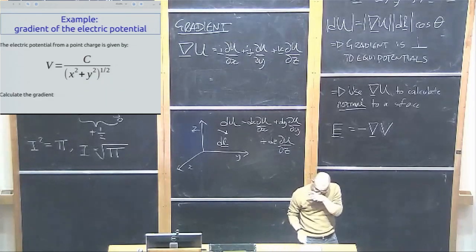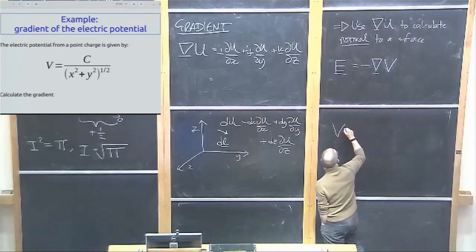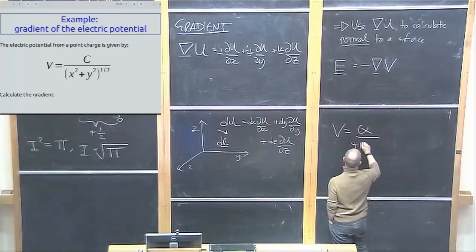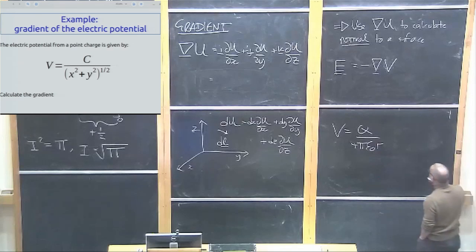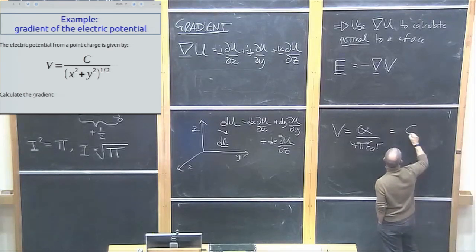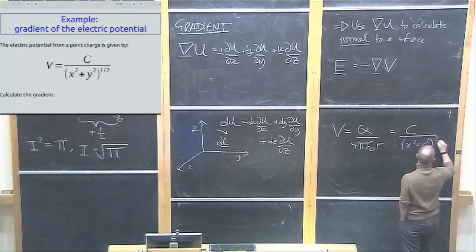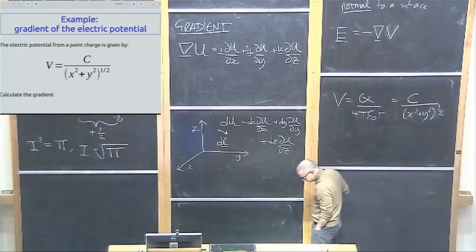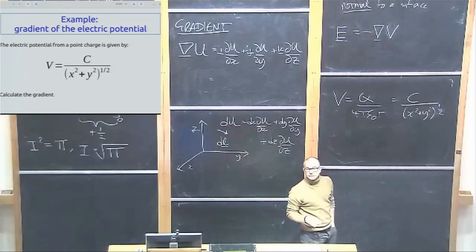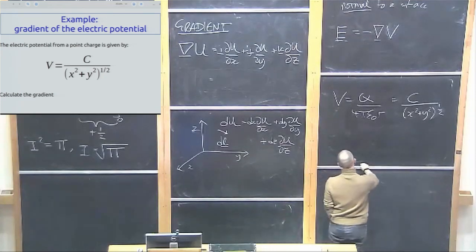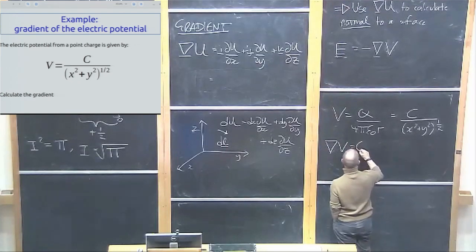So then, we have an example, the gradient of the electric potential. So the electric potential is this. If I put it into x and y Cartesian coordinates, then I can say that the electric potential is given by this. And then I can work out the gradient of the electric potential in order to work out what the electric field is. So the gradient of the electric potential then would be C